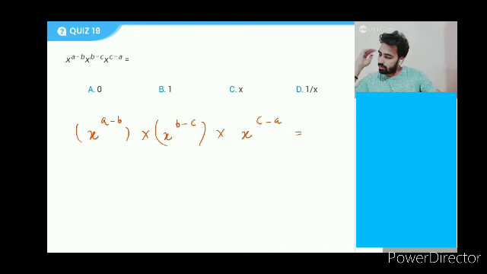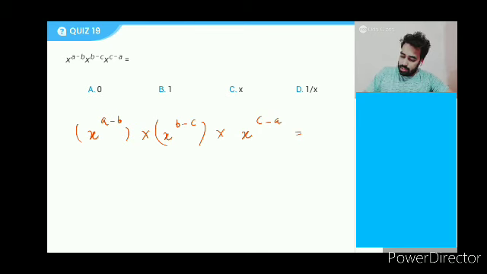Abhay, at the end of the class, you can ask me whatever things you are not able to understand. Okay. Let's start the countdown. 10, 9, 8, 7, 6, 5, 4, 3, 2, and 1.